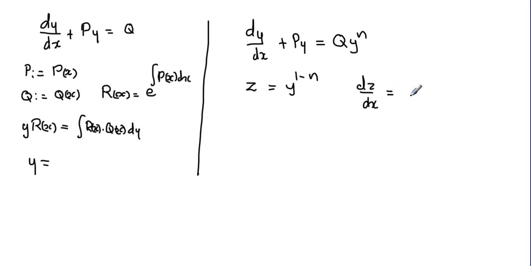That would come as 1 minus n multiplied by y to the power 1 minus n minus 1, applying our power rule there, multiplied by dy/dx as a derivative of the argument of the power function here. So with that substitution, we saw that we would reduce this equation to first order linear,